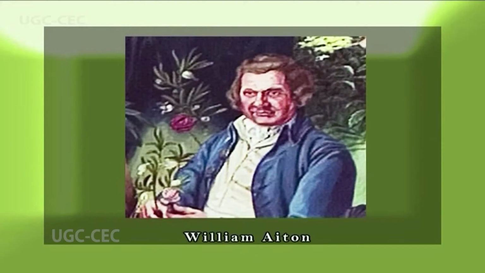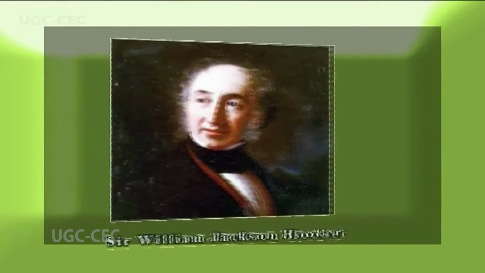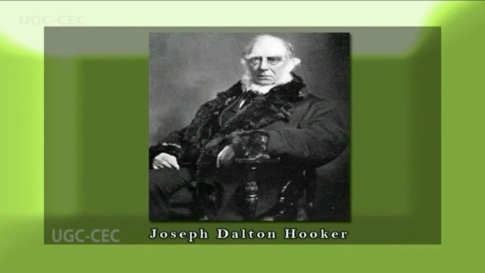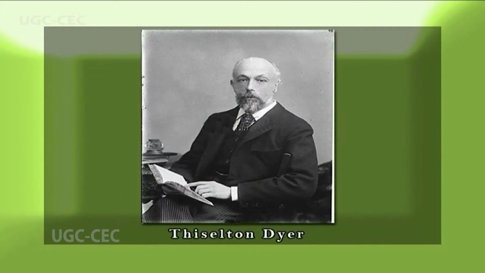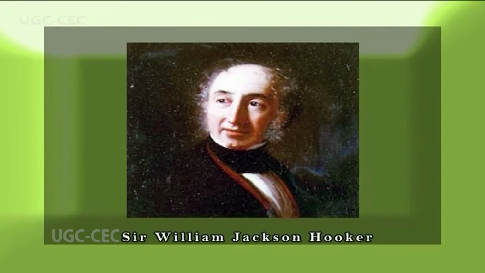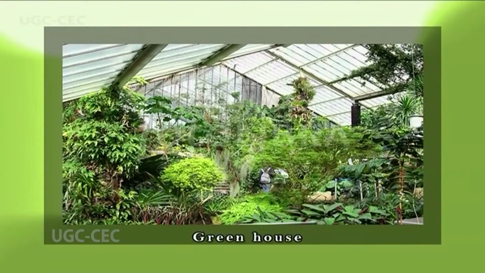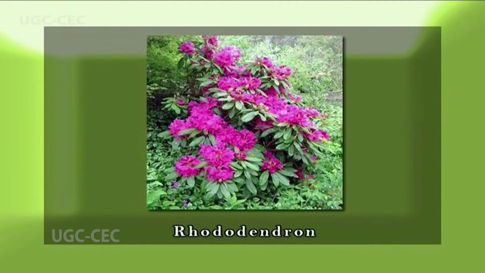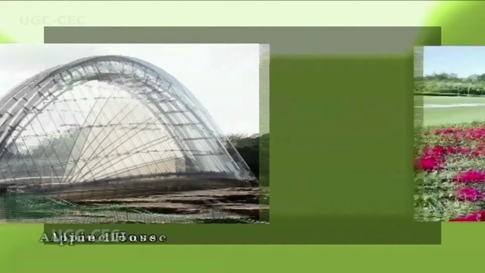Its first curator was William Aiton. Sir William Jackson Hooker later took over as director of the garden in the same year. He was succeeded by Joseph Dalton Hooker and later by Thiselton-Dyer. At present, this garden includes a herbarium consisting of over 5 million specimens, which was established by W. J. Hooker, who also introduced a greenhouse and a palm house. A rhododendron garden was introduced by J. D. Hooker, and an alpine house, a rose garden,